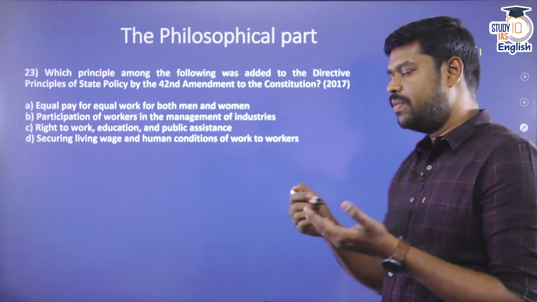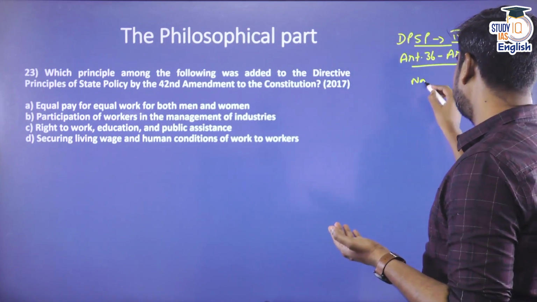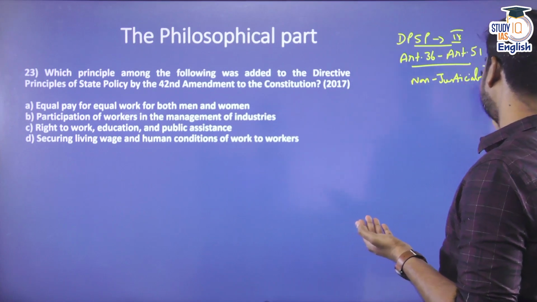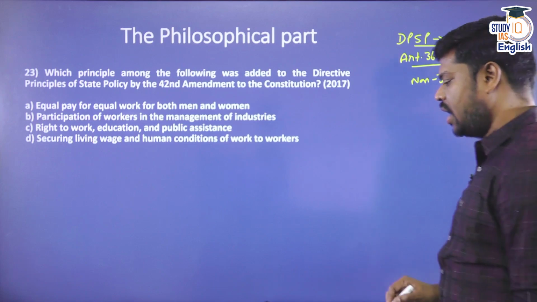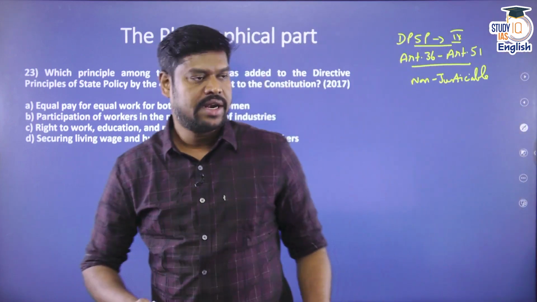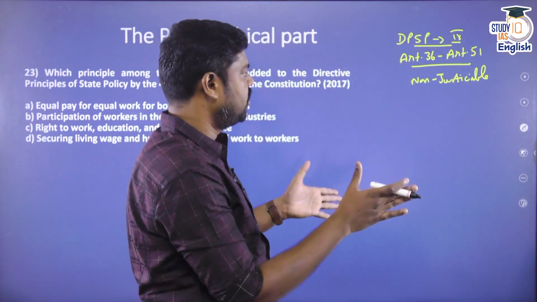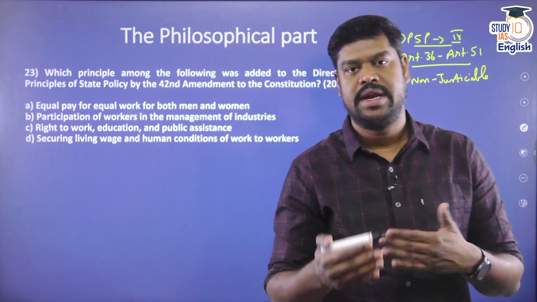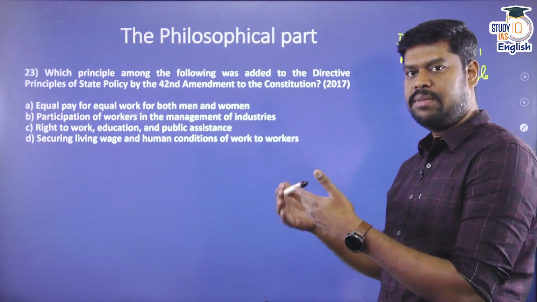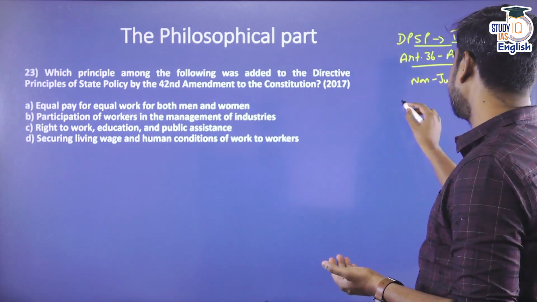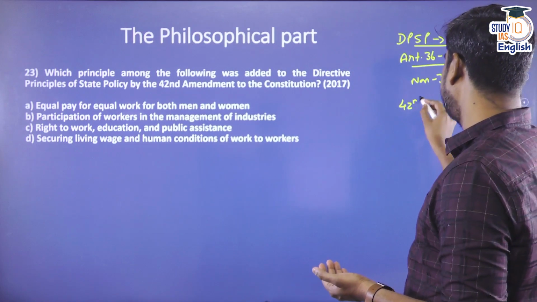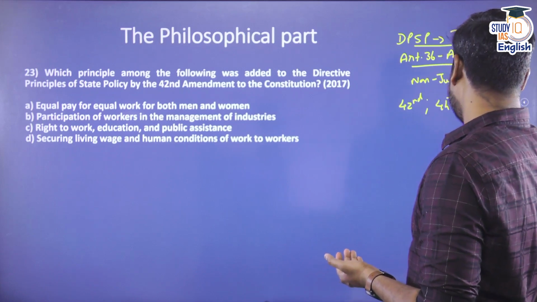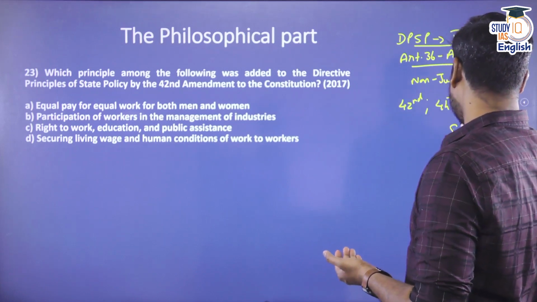And if you see this directive principles of state policy, we already discussed that it is non-justiciable in character, and we have seen the reason why it was non-justiciable in character. In addition to being non-justiciable, we have also seen that it is classified into different types. This DPSP was also amended certain times, and some of the most important amendments were the 42nd Amendment, the 44th Amendment, the 97th Amendment, and before that there was the 86th Amendment.